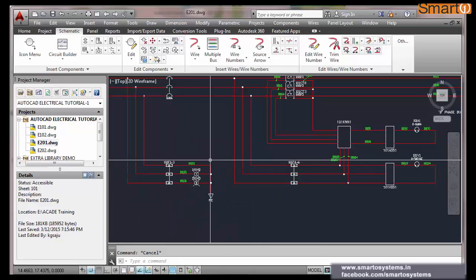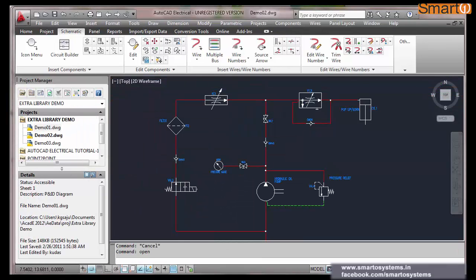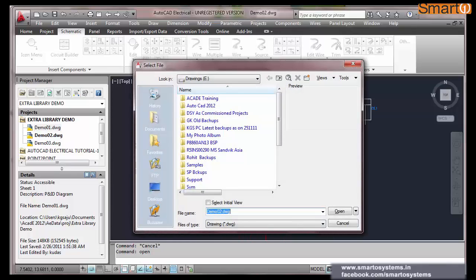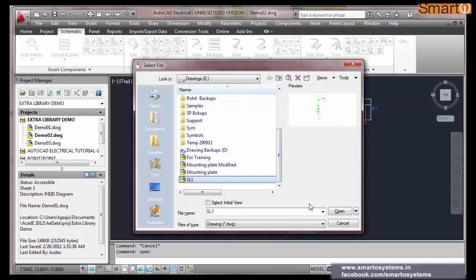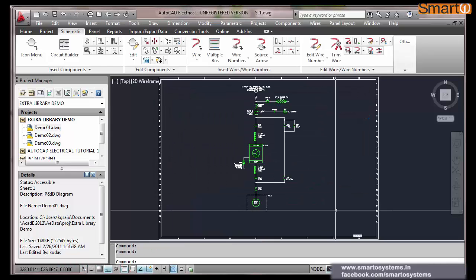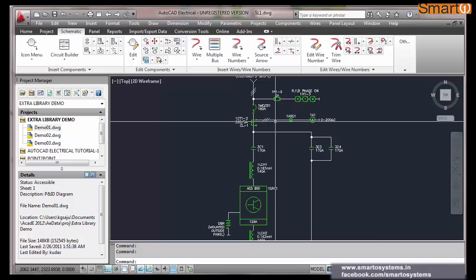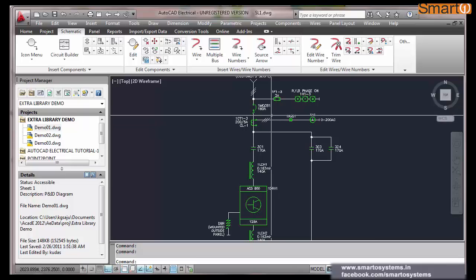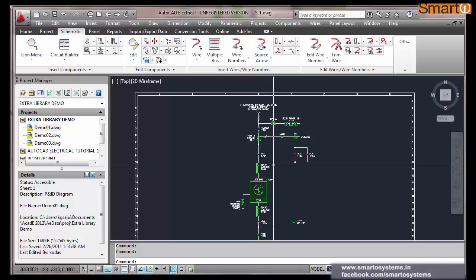That's it. So coming back, let me open that single line diagram first. This one. Okay. We have already created one incomer and a drive panel, but again I am repeating that because if I just explain to you how to insert components, how to draw ladders and all, it won't stick to your mind.